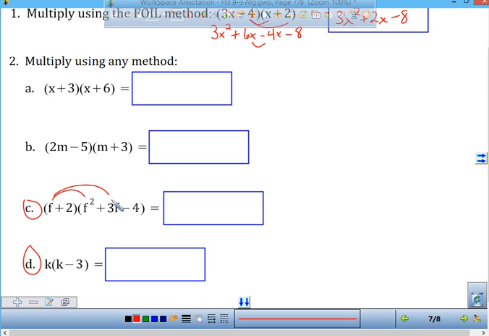I just distribute the f to all 3 terms inside the second one, and that's going to give me f cubed plus 3f squared minus 4f. Then I distribute the 2, so I have 2f squared plus 6f minus 8. Then I combine any like terms. I don't have any other cubes than the first one, so that's just going to stay as